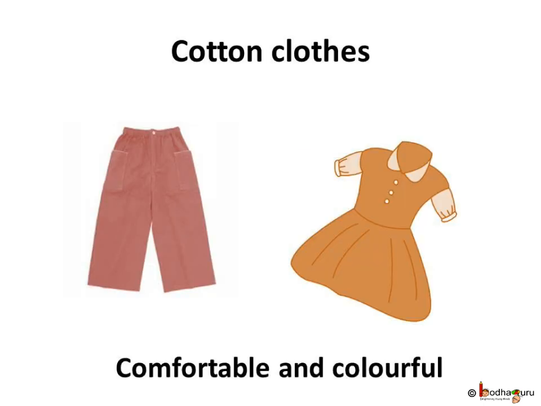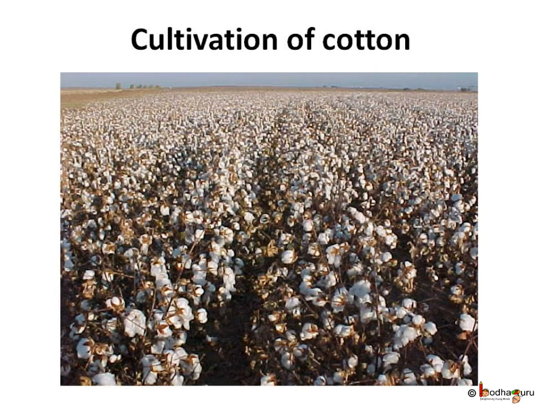In India, cotton dresses are most common. Cotton cloth is light and allows air to come in, and also absorbs sweat from our body. Cotton cloth can be dyed with any color easily and is also easy to wash. Hence, cotton clothes are ideal for regular use in the warm climate of India. So let's find out how these clothes are made.